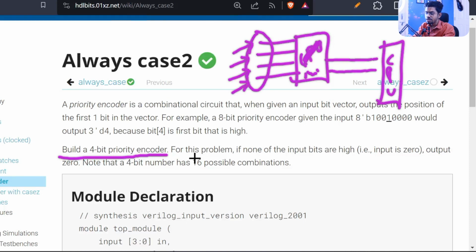So probably if this position went high, then I will give my CPU information that hey, something at 00 location is high, please take the input from that. Okay, this is the work of encoder, not the work of priority encoder, but the work of encoder. And if something is high at this location, then I will give 1 and 1 signal to my CPU that